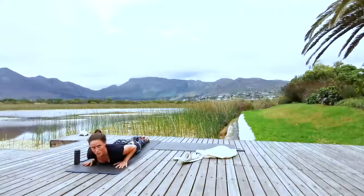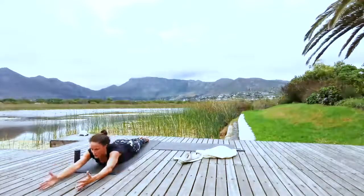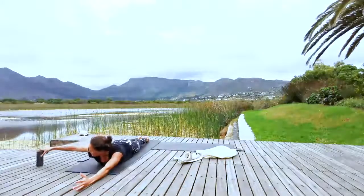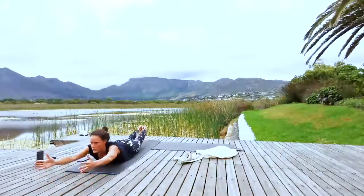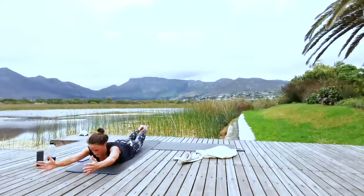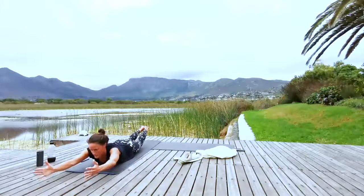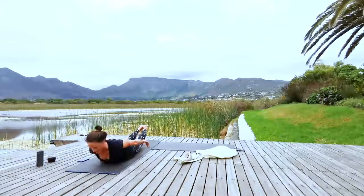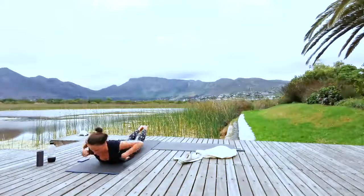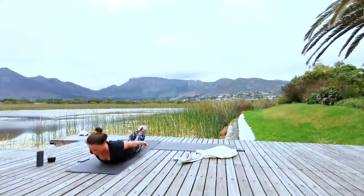And then let's come back for one more. This one's going to be a bit more intense. So on the inhale, bring your arms up above your head. And then gently start lifting, tucking your chin in, making sure that your glutes are activated, your belly's drawn in, tailbone tucked under. And then gently sweep your arms back and then take them forward and take them back and